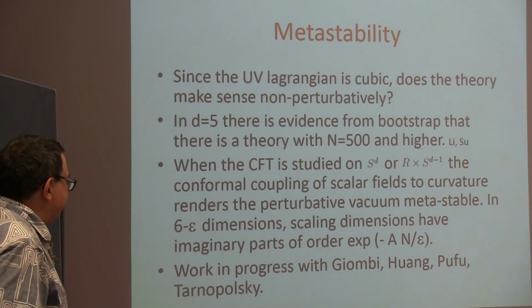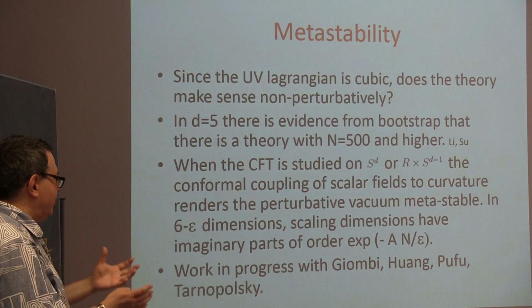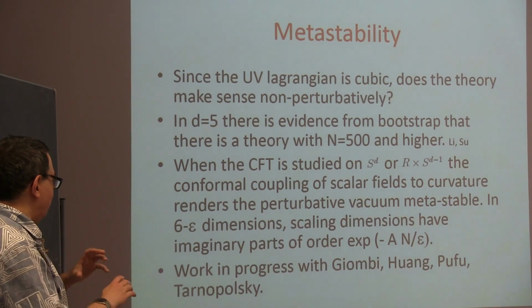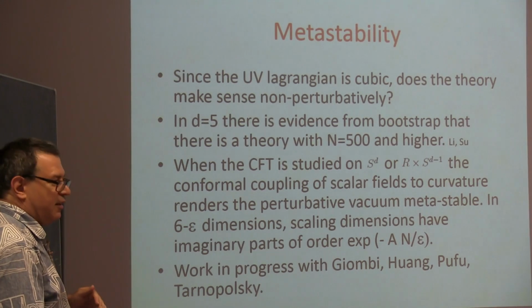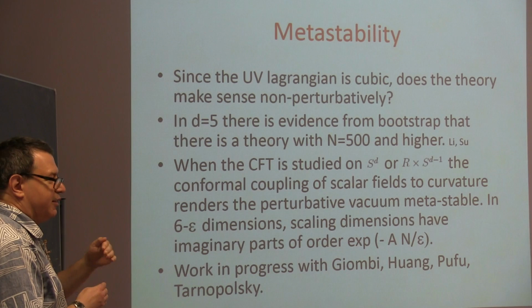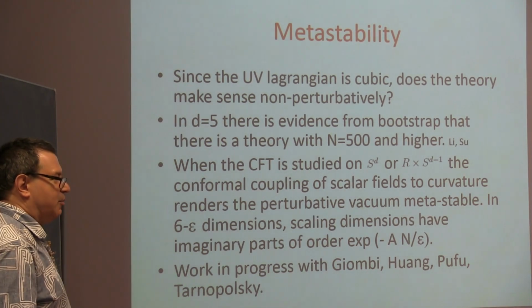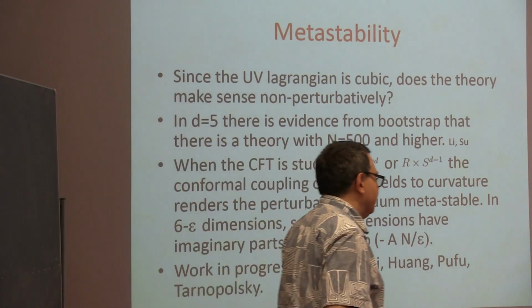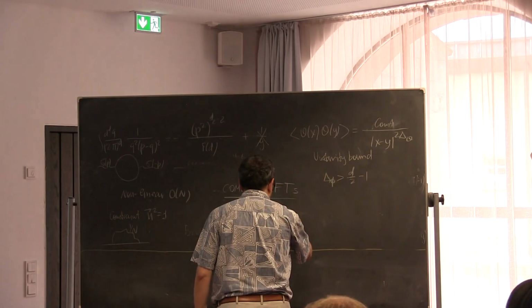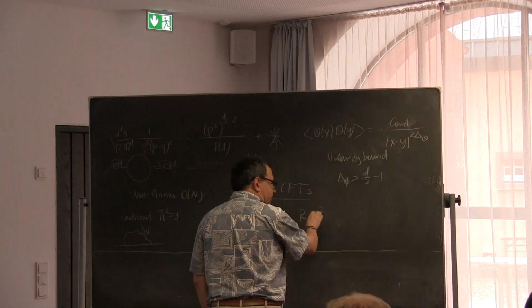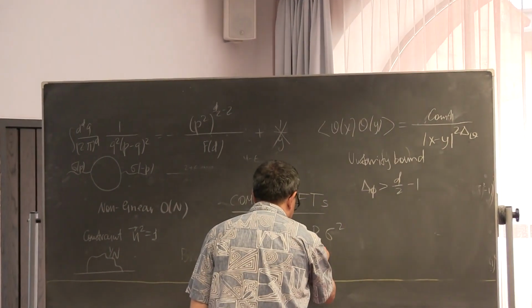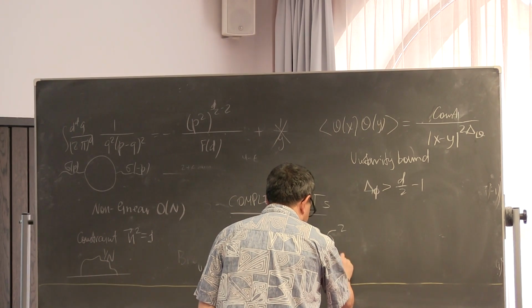Basically, if you study this theory on a sphere or on a cylinder, there will be some curvature that adds a quadratic term to sigma. That's the standard thing, that there are curvature couplings. There will be a curvature coupling like R sigma squared that appears, the so-called improvement term, which is necessary to make